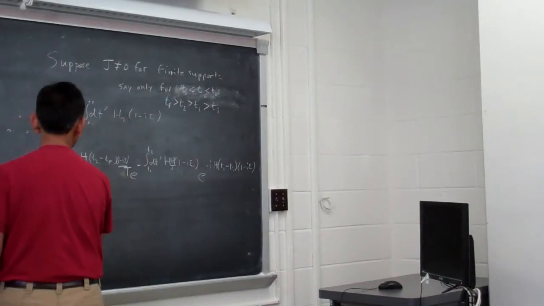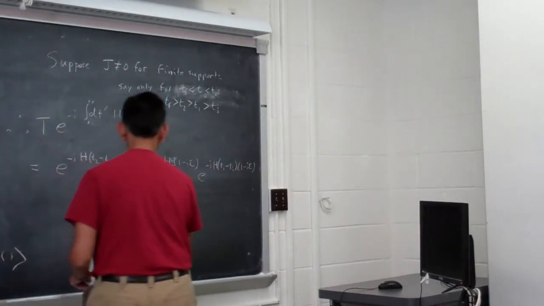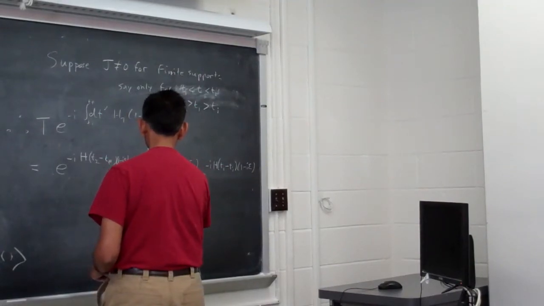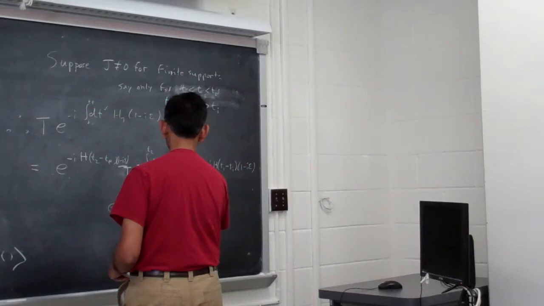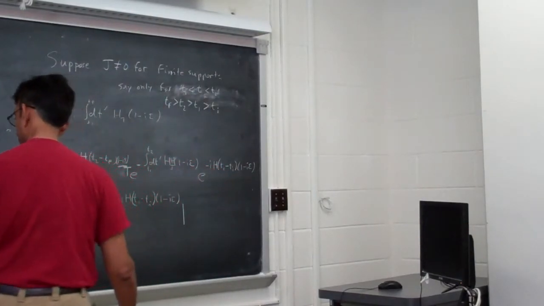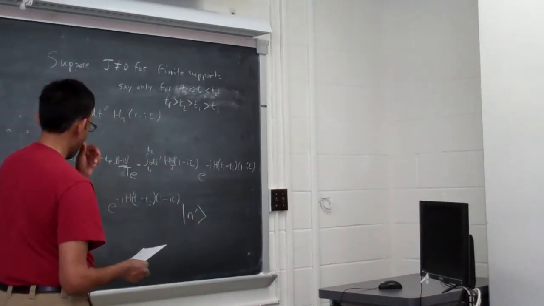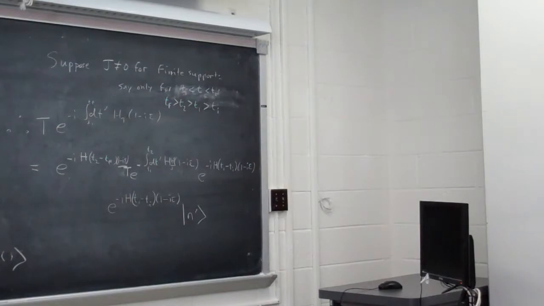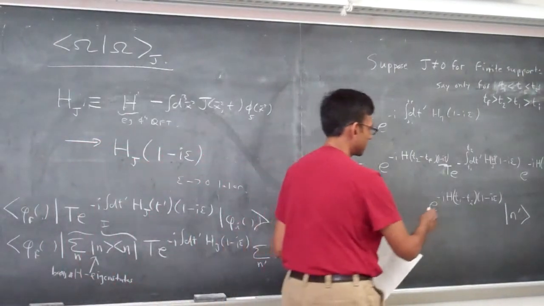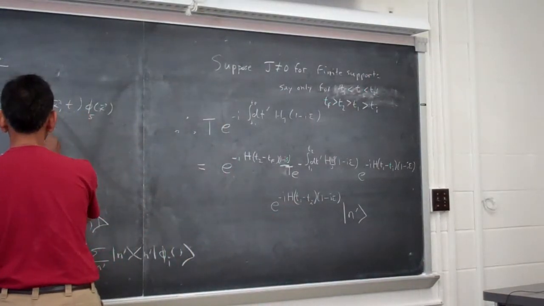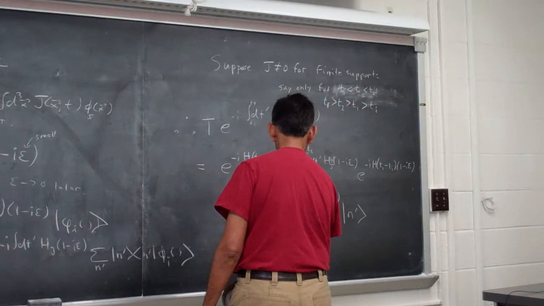So now, let me start on this side. e to the minus i H (T1 minus T initial) (1 minus i epsilon), acting on, so you see it's all sandwiched between, say, an n prime here. So acting on an n prime. So this idea that we're going to take this epsilon to 0 later, well, actually we're doing it by a sort of switch of limits. I want to consider epsilon non-zero, small, but non-zero. And I want to consider T1, Ti,